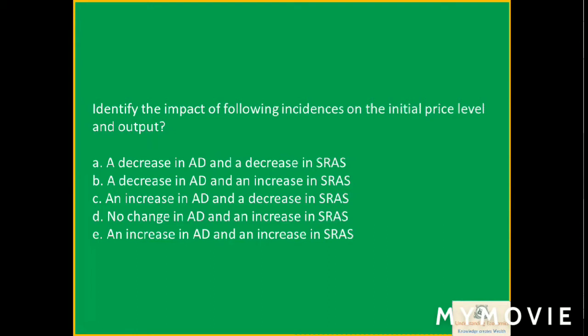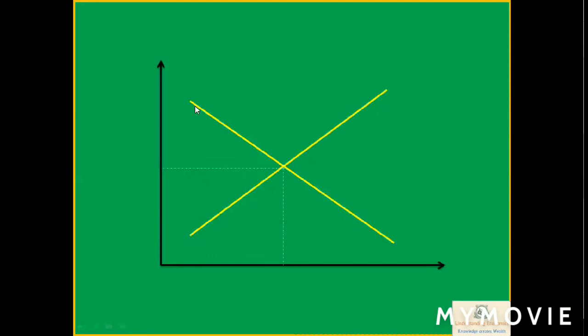The basic feature of short-run aggregate supply is that the short-run aggregate supply curve is an upward sloping curve. Why? Because when we are talking about the short-run aggregate supply curve, the price level and the output have a positive relationship. Since output and the price level are positively related, we always find this short-run supply curve as a positively sloped curve, that is marked here with the yellow line.